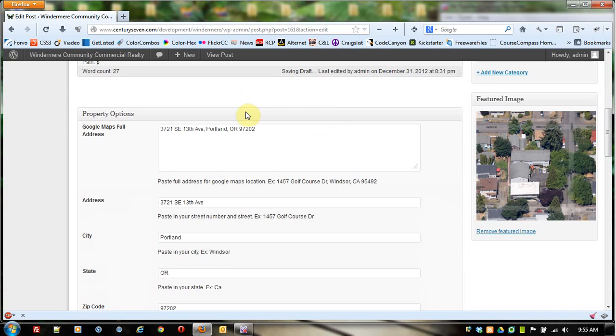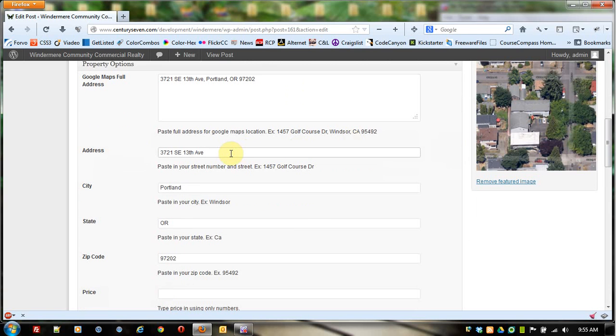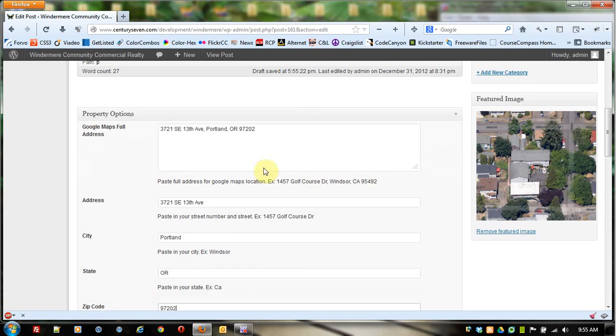Down here is the Google Maps full address, and it just goes in that simple format: just the street address, comma, city, comma, state, and zip code. That's all you need, and then it will pop up a Google map automatically on the listing page. So here you list the address, city, state, and zip, and the reason that we do this twice here is